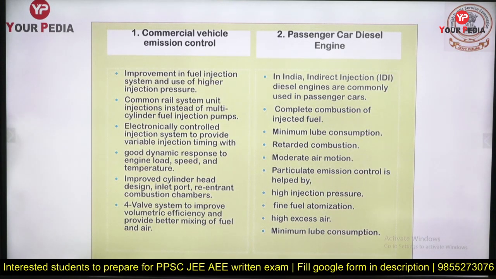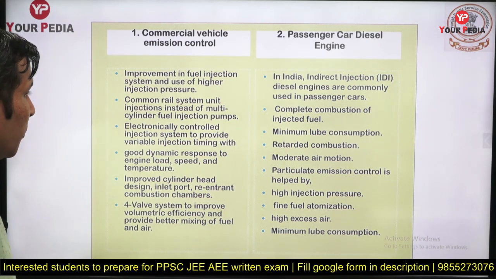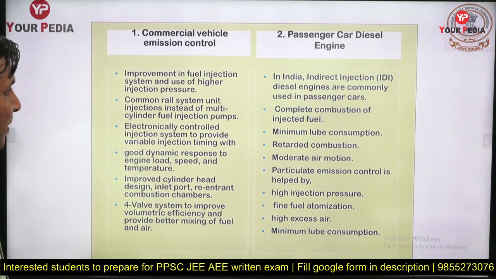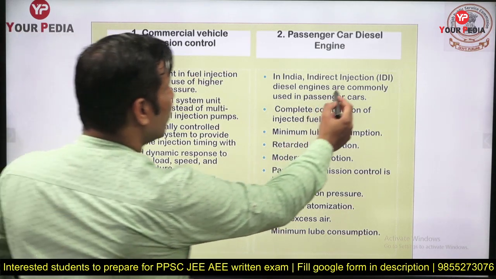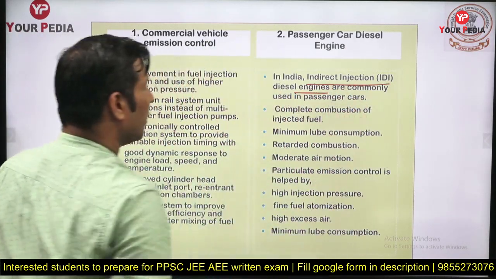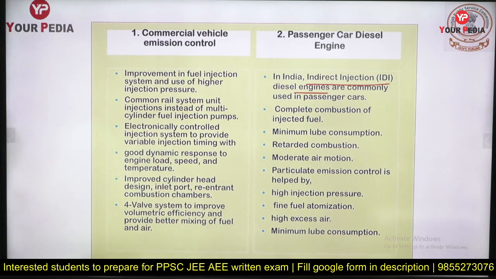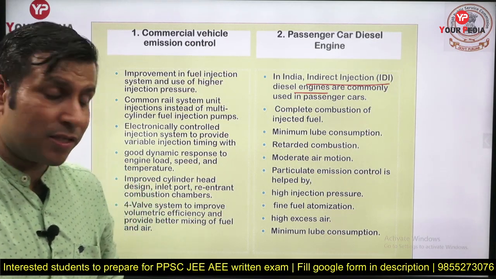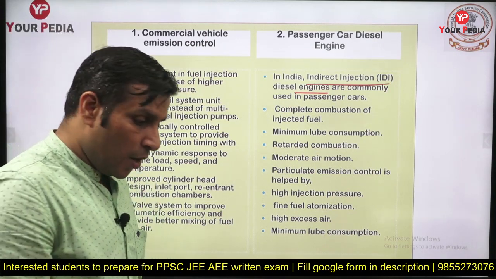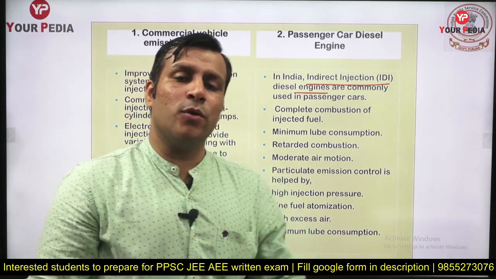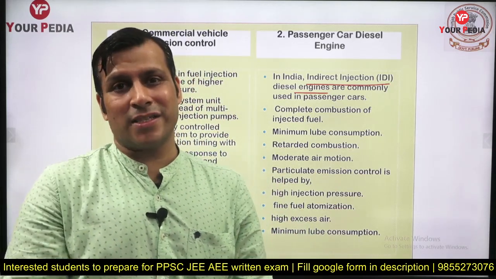Commercial vehicle emission control, this is passenger car diesel engine emission control. Again, we had some discussion. You need not go into much detail, but you need some basic idea of how we can reduce diesel emission, passenger car diesel emission. You can check here, some kind of indirect injection technique you can use. Nowadays we are using TDI technology, turbo direct injection system. We are using multi-point fuel injection system. Earlier there were port injection systems.